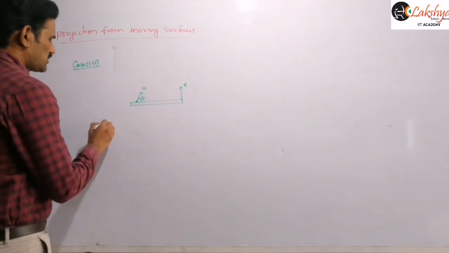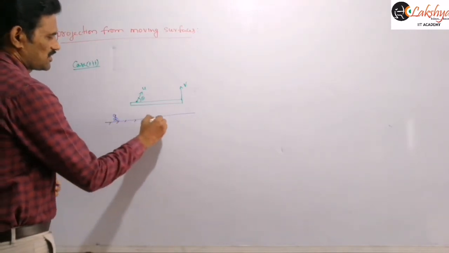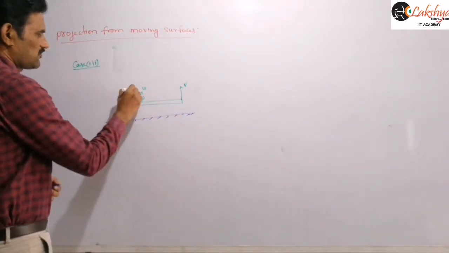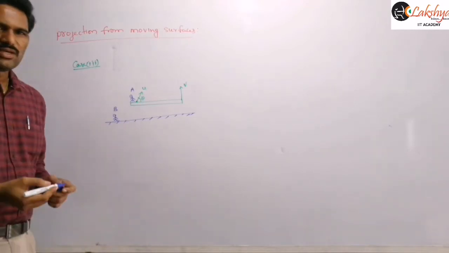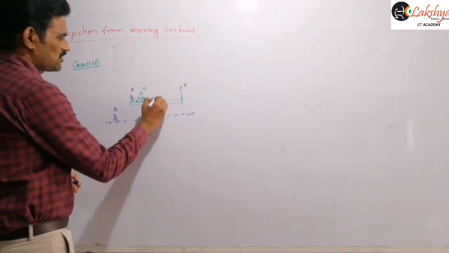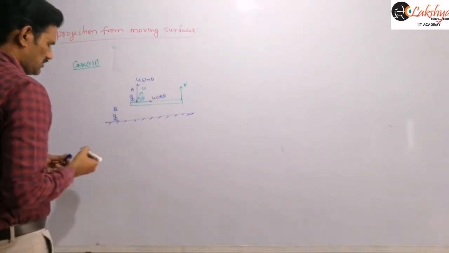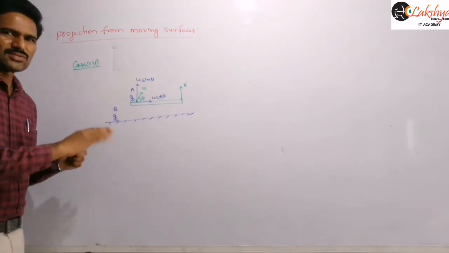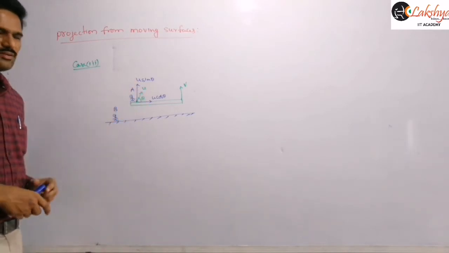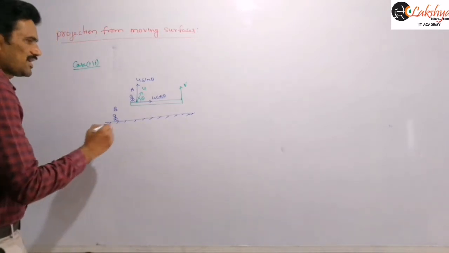Now again let us consider this. You may observe from two places: one observer is on the ground, and another observer is on this platform. So this is observer A and observer B. With respect to the platform, this component is u cos theta and this component is u sin theta. Directly you can write that in this case the horizontal component remains the same with respect to the ground or with respect to the truck. The vertical component will be different, because the platform has velocity in the vertical direction.